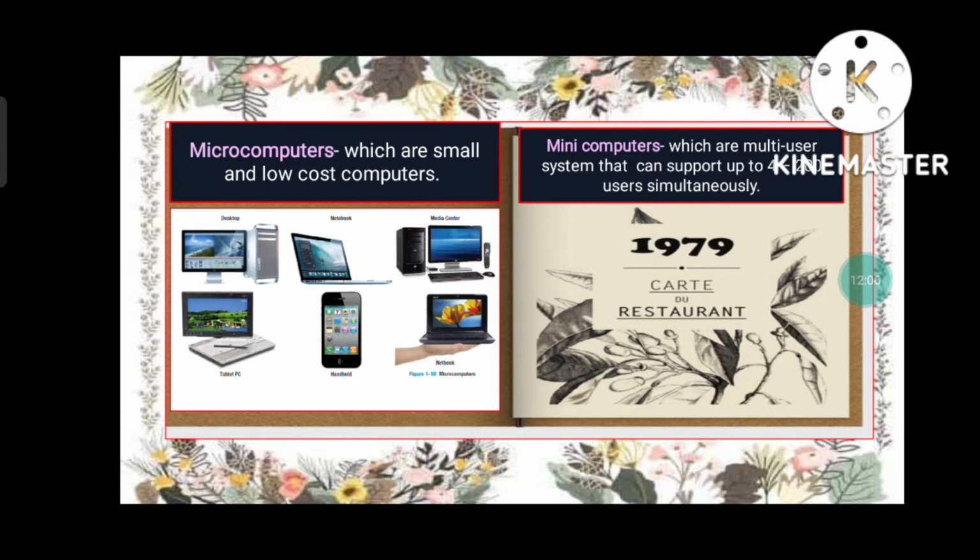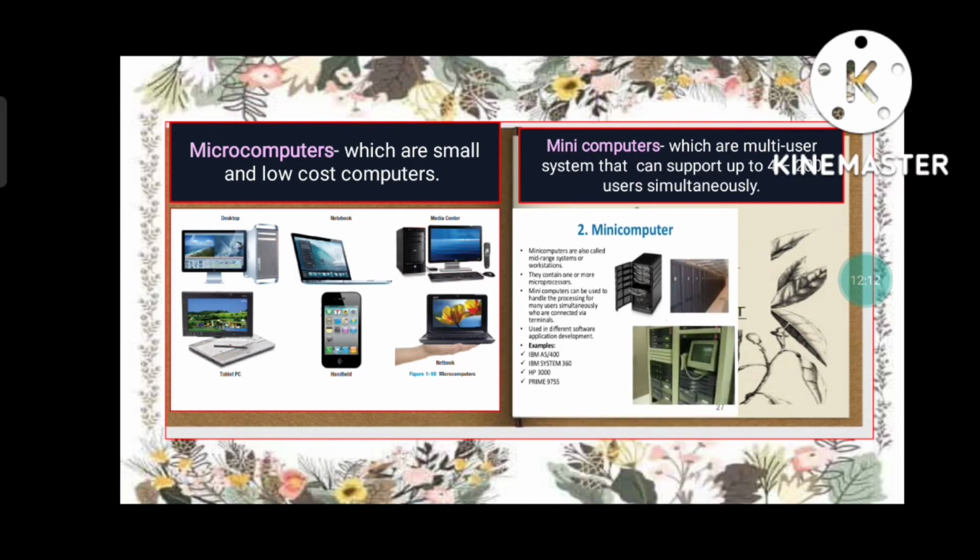Also, it can work with other accessories like printer, plotter, and others. The minicomputers are also called the mid-range systems or the workstations. They contain one or more microprocessors. Many computers can be used to handle the processing for many users simultaneously who are connected via terminals used in different software application development. Examples are the IBM AS/400, the IBM System/360, and the HP 3000 and Prime